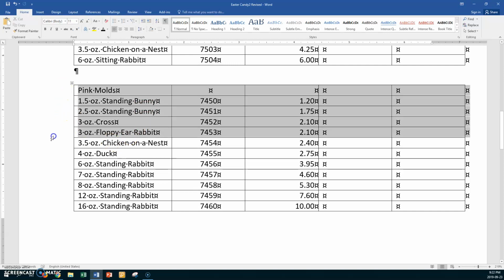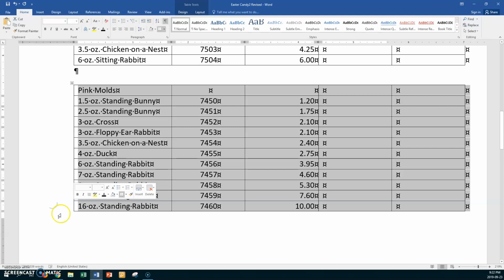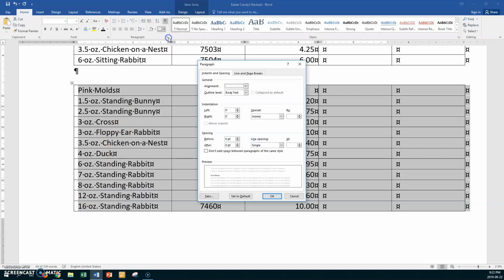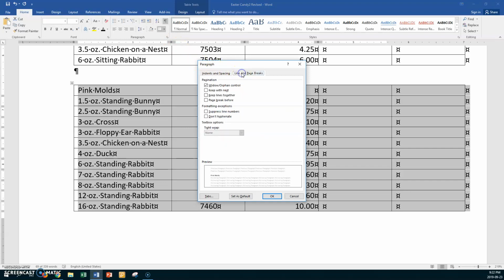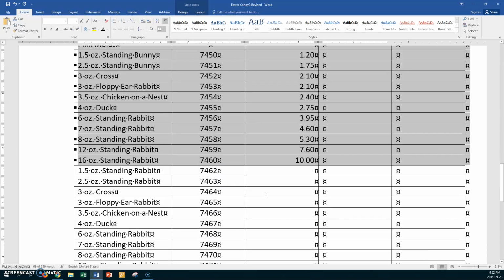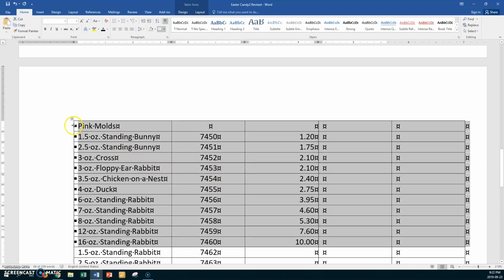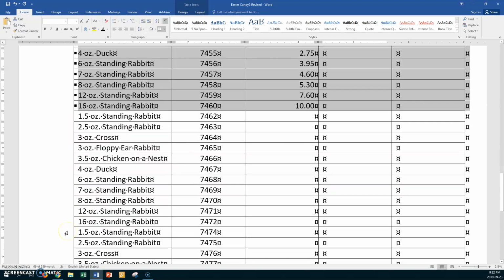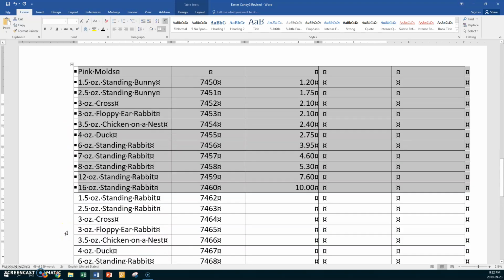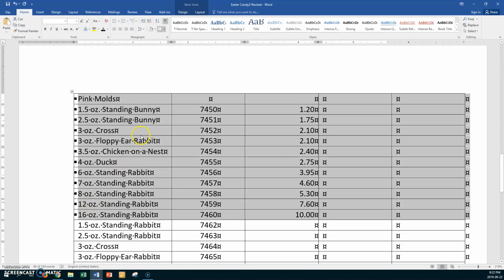So select all of the rows down to the page break, and now you want to go to paragraph, and you say line and page breaks, keep with next, keep lines together, and you've heard of this one before. Alright, say okay, and now take a look. All those black little boxes say that you kept those lines together, and now this table is all on one page,